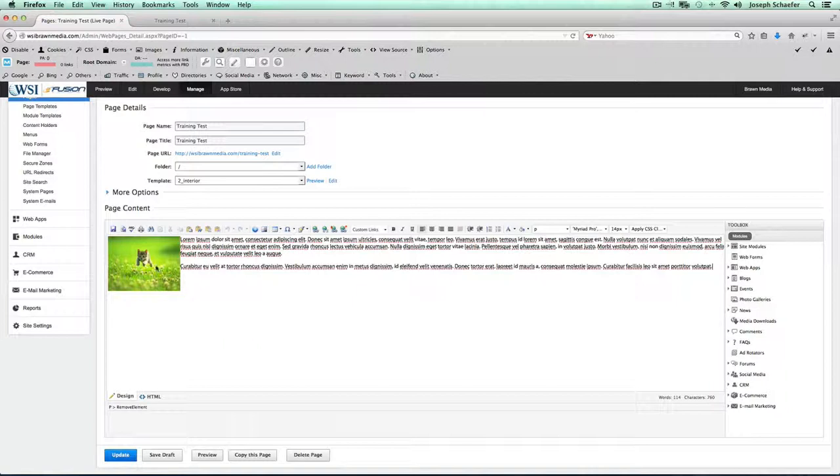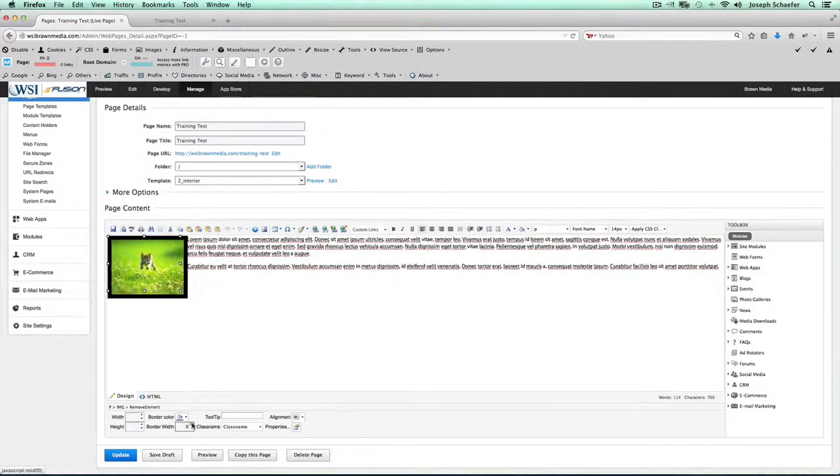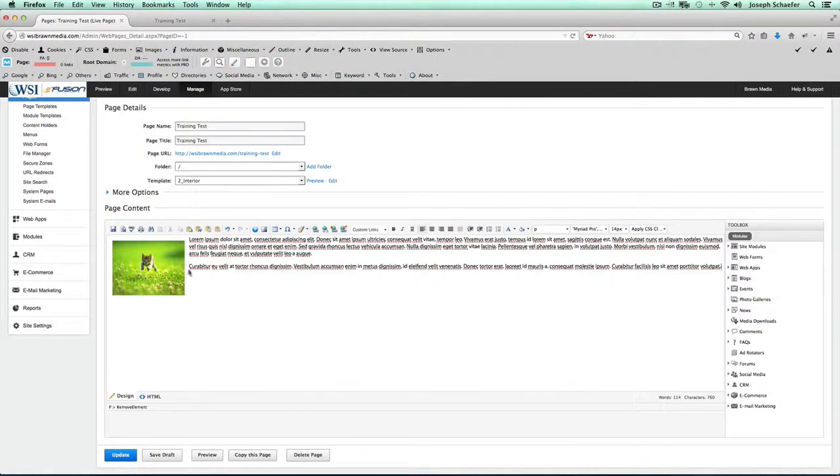Remember to edit the image. We go ahead and click on the image itself, and I'm going to give it a little bit of a border. I have a border width choice down here, so I'm going to boost that border up in order to make some space. We can see now that the border is black, and it still looks like the text is bumped right up against it. So if I change my border color to white and then click outside, I can see that I now have some space. So I'm going to go ahead and update that,